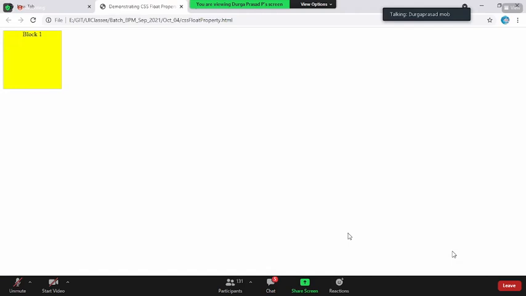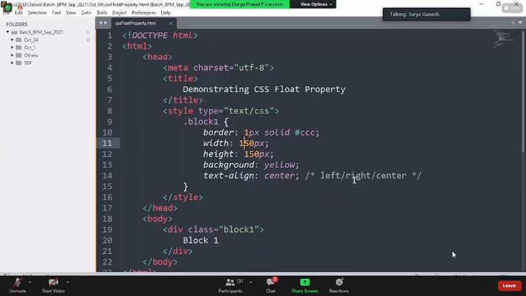So any questions until here? I know this part we have already seen, but just to ask. Sir Satyanarayana has a doubt: can we set it as vertically center? I answered this question already. Text align is the only CSS property which only works horizontally. For vertical, we have a different CSS property. We'll talk about that later.